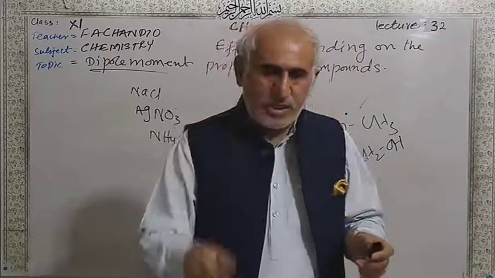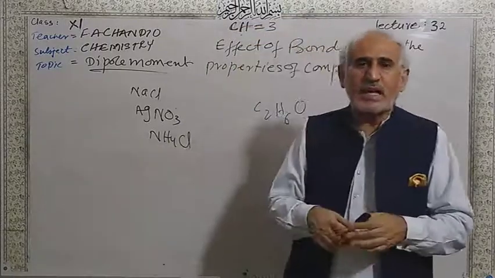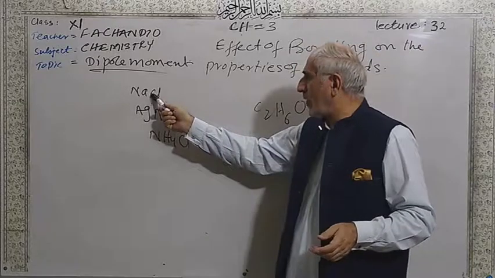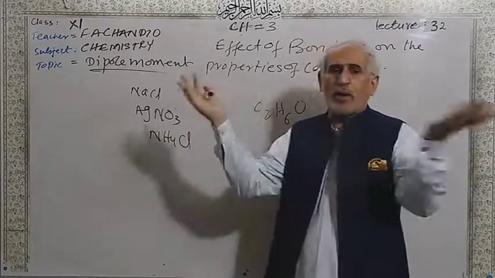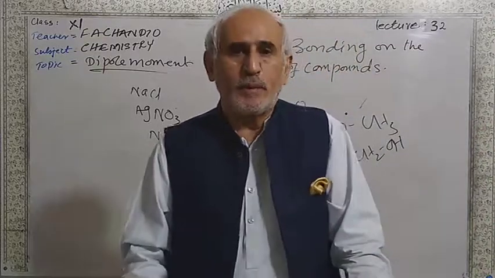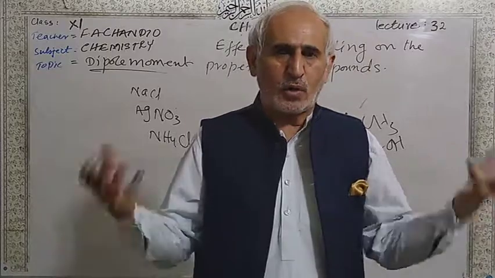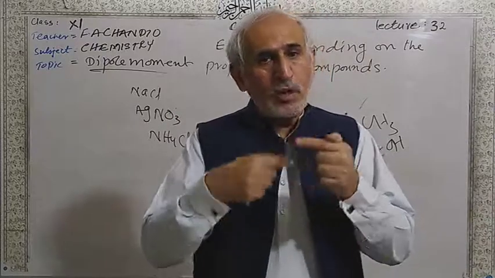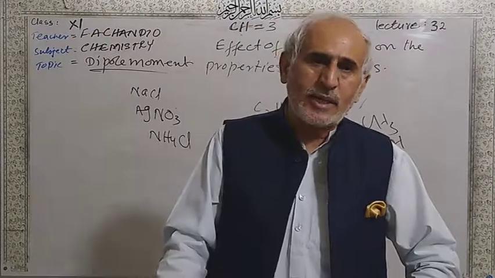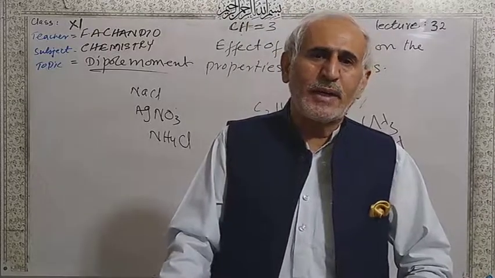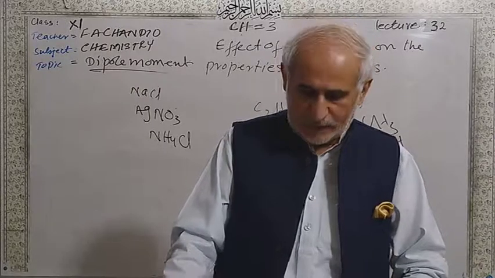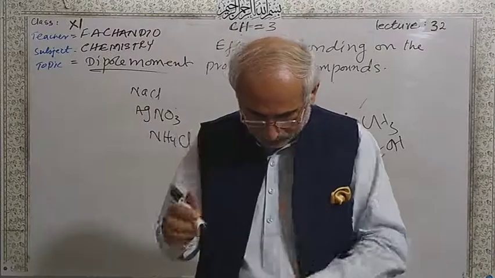Speed of chemical reactions: ionic reactions are faster than covalent. Because when I put an ionic compound in water, it dissociates into ions. The bonds are already broken, and only new bonds are going to be formed. That's why it speeds up. But when covalent compounds react, the old bond breaks and, at the same time, the new bond is formed. That's why covalent reactions are slower than ionic reactions.